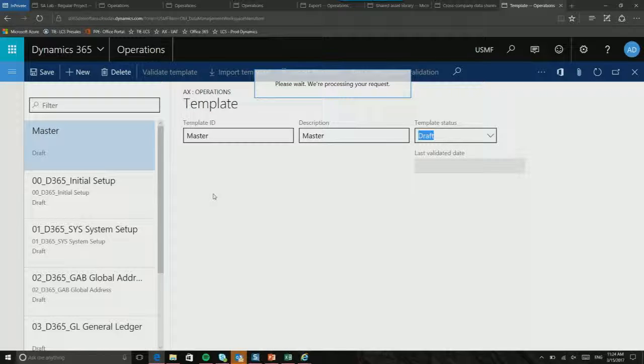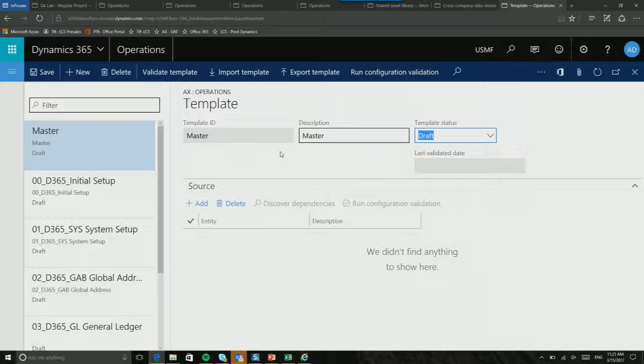Because I have a data project, I'm going to use the same technique, just in reverse. So I'm going to create these templates based on a data project. Which data project? The one that I just created that is blended. So when I import from a data package, create from data package,